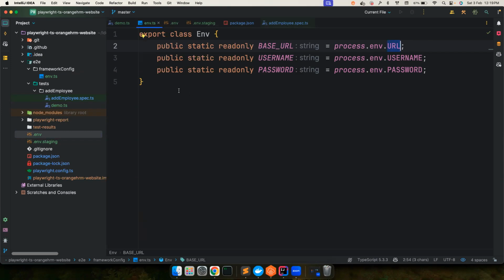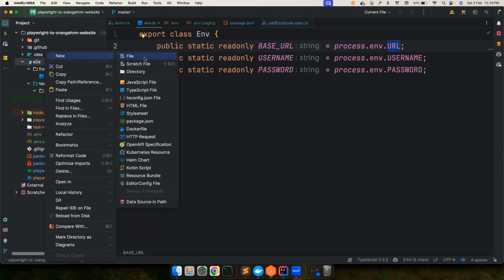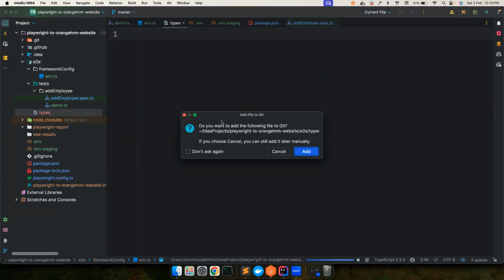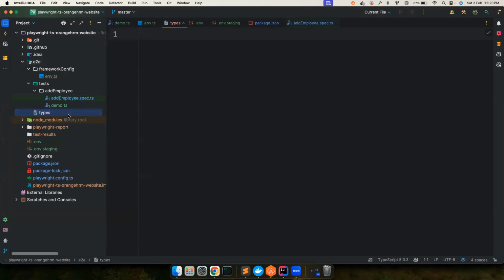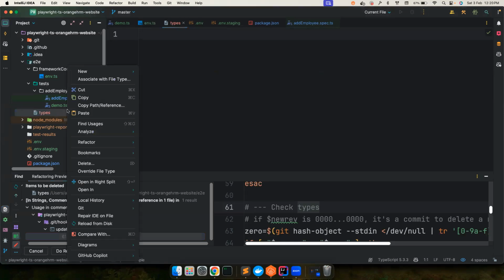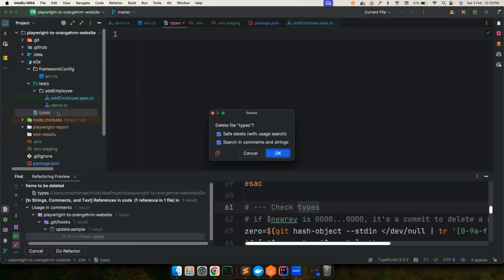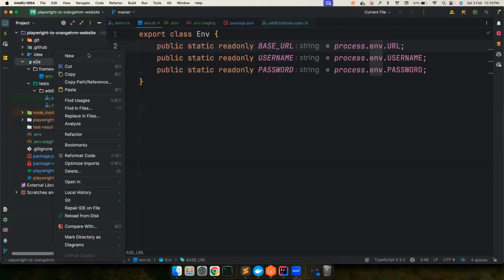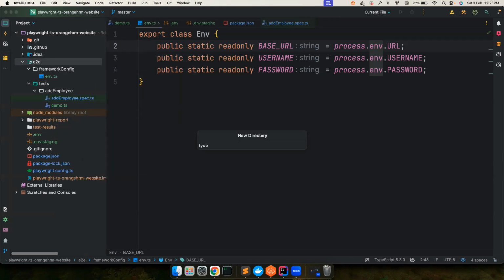In order to do that, you can normally create these kinds of types. So basically, we are going to create types for these environment variables. Normally, when somebody creates a package in the TypeScript ecosystem, they create a types file. So it created a file instead of, let's delete this, do refactor. What I want to do is create a directory called types just to keep it separate, and inside that, I want to create